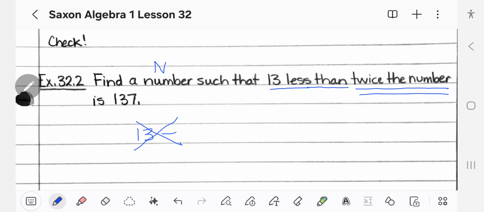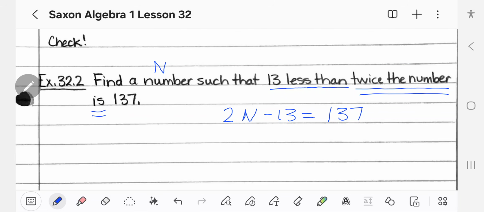If I said 13 less than 20, I would do 20 minus 13, right? To find out that 7 is 13 less than 20. So the order then is I'm going to be doing 13 less than twice the number. Okay, so 13 less than twice the number is